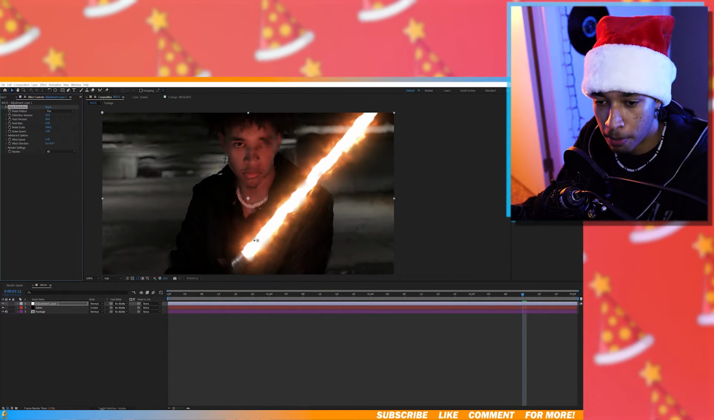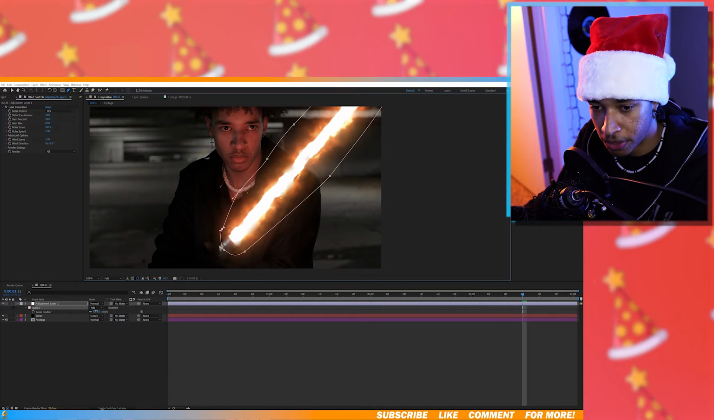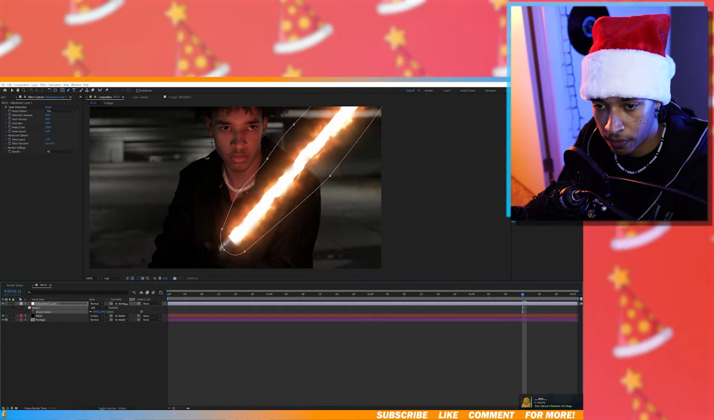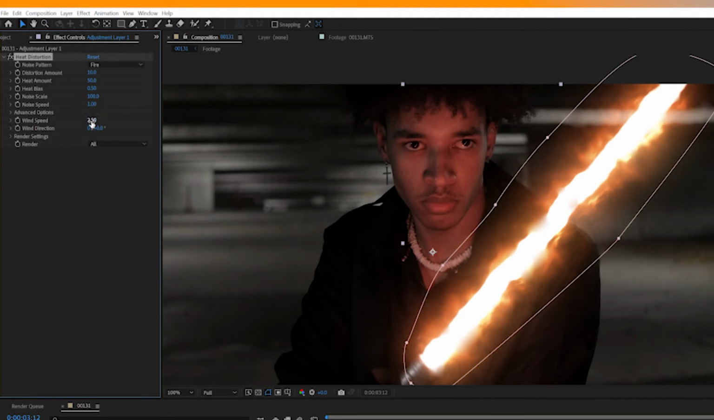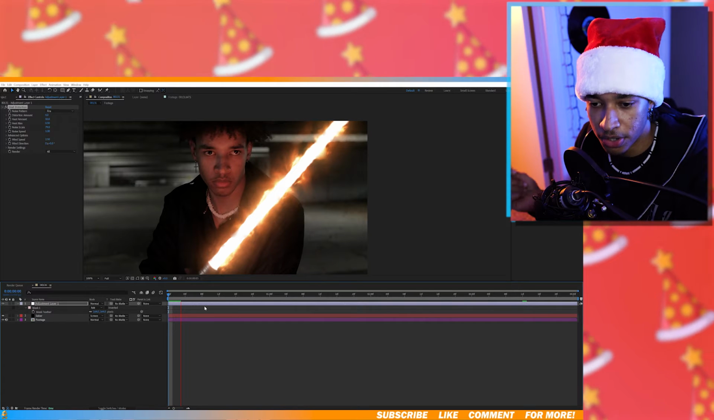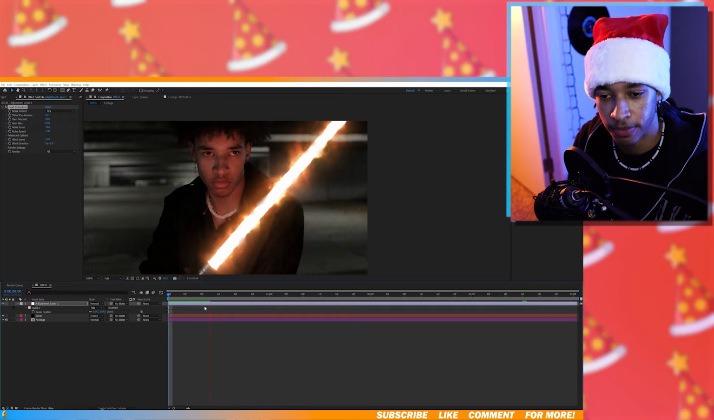And then I'm gonna create a mask around the saber. And then I'm gonna increase the feather. And then I'm gonna increase the wind speed to 2.5. I'm gonna decrease the noise scale. And then decrease the distortion amount to like 6. And then as you can see, we have that distortion around the lightsaber